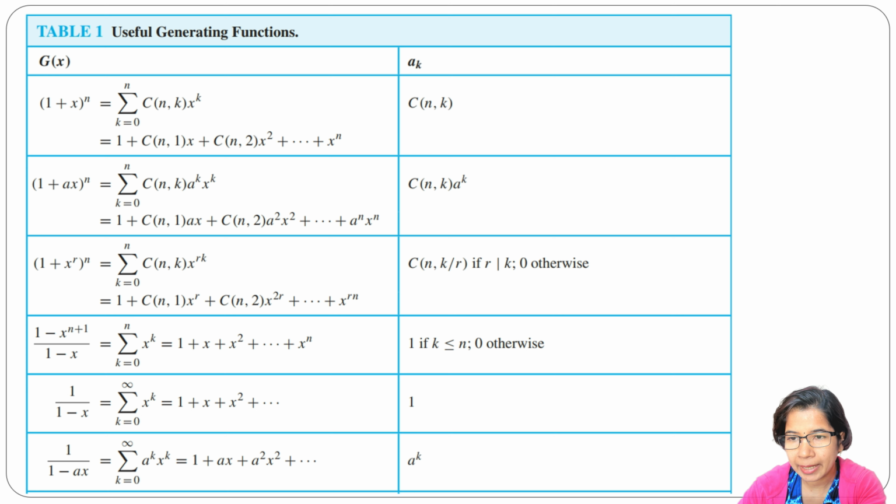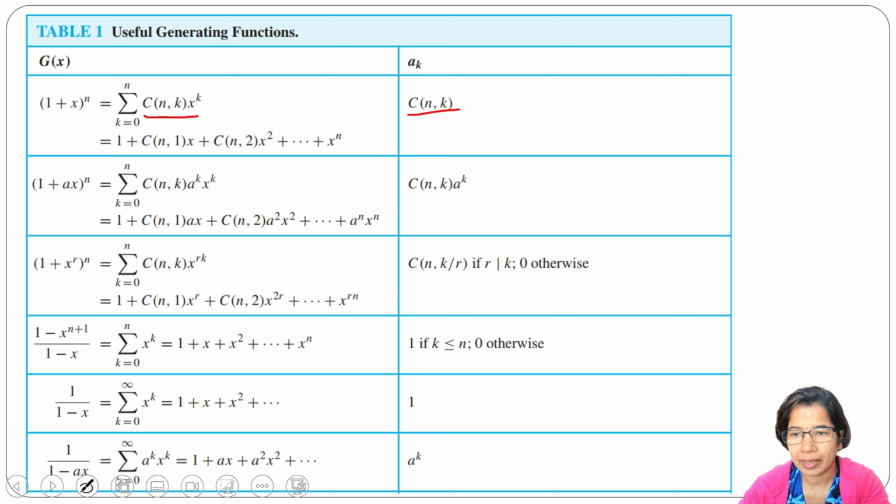First, (1 + x)^n equals summation of k equals 0 to n C(n,k) x^k. C(n,k) is combination of n, k. Here, what is a_k? a_k is C(n,k). This is our extended binomial theorem. I already discussed that in previous lecture. Just go through that. So after expand, it will be 1 + C(n,1) x + C(n,2) x^2 + continue